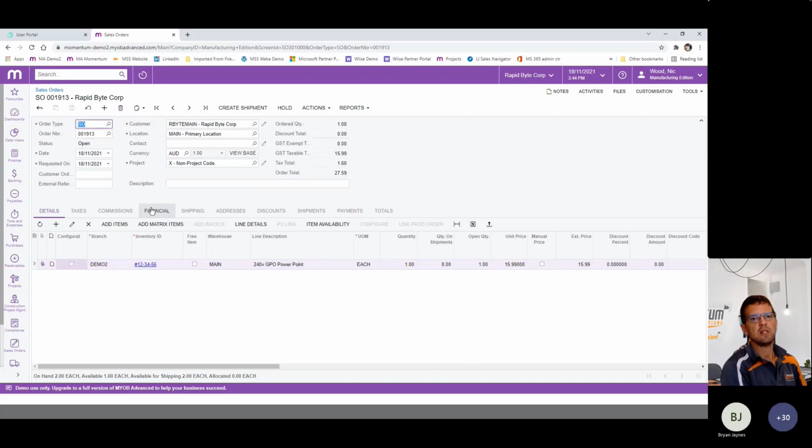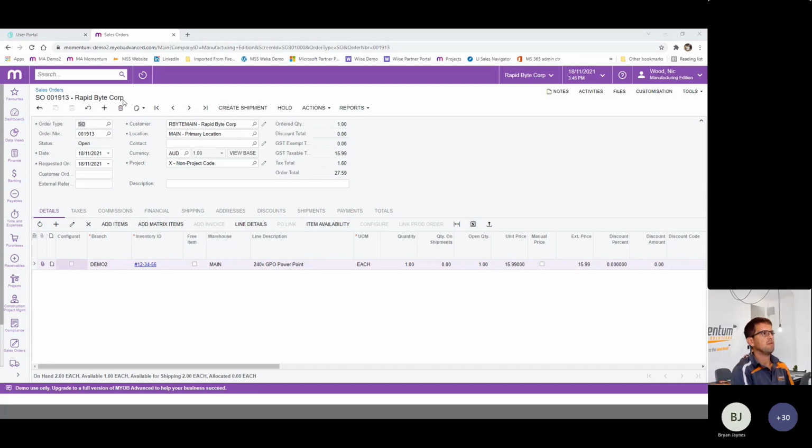We make it a little bit easier for you to identify which transaction record you're on. You see in the header now, we have a full description of the record, so the sales order number and the related customer. It saves time looking for those records, with all those values down in the header.